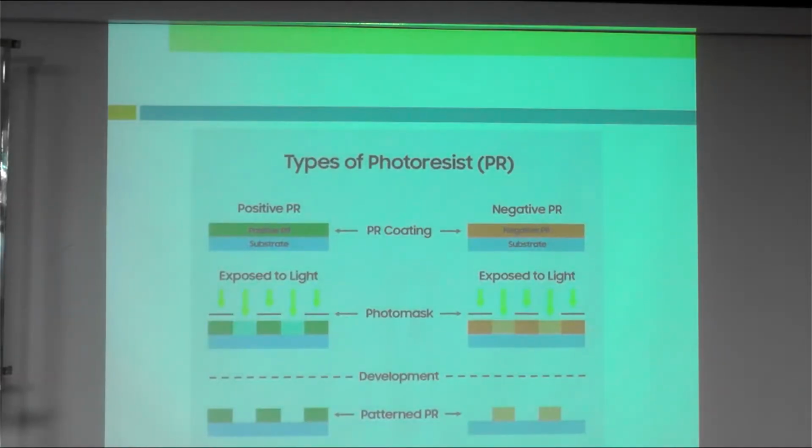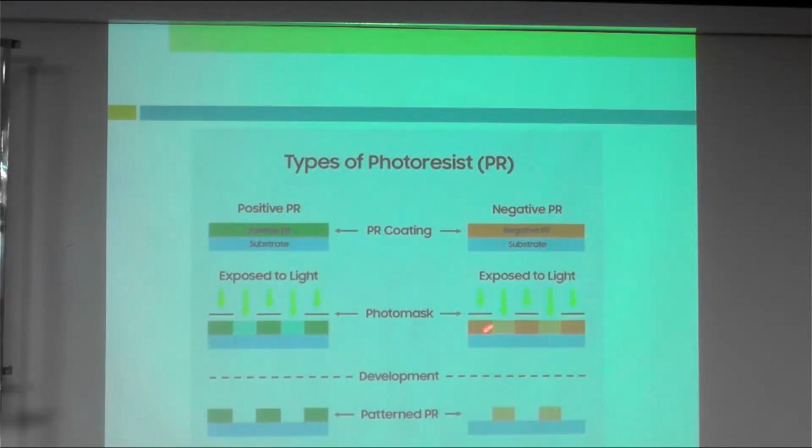So, okay, we have looked at this process before, but in detail, we have the photoresist. This is negative. You coat it on the substrate. Then you have the photomask. The photomask is basically a pattern on glass, where the light cannot pass through the pattern, but where the glass is uncovered, the light will pass through, then you will transfer the pattern